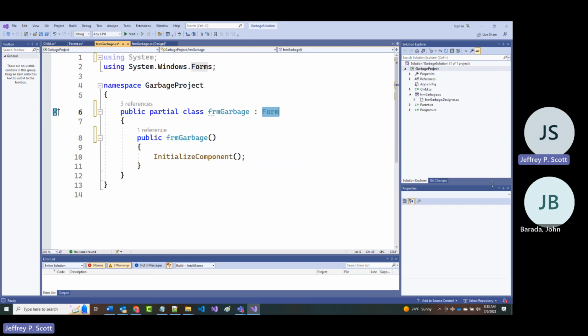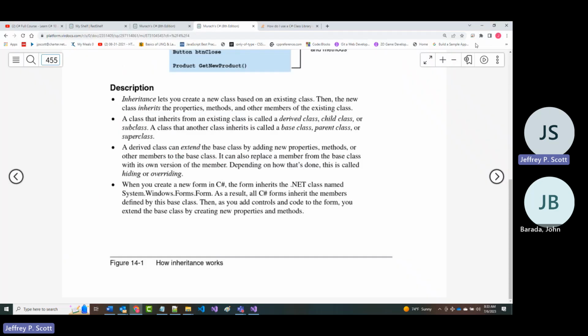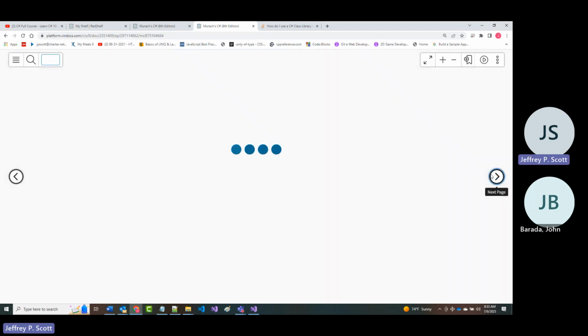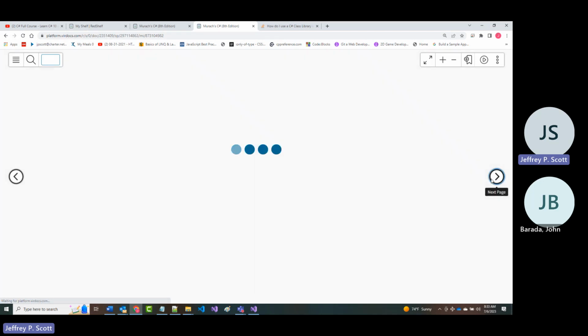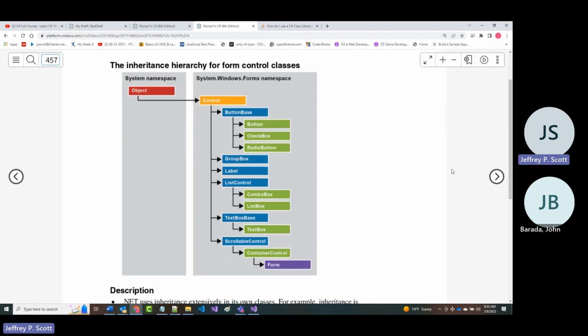And there's a bunch of stuff put in there that we now automatically get. If that still confuses you, you're going to see another example in just a second, because this is how .NET uses inheritance. I don't expect this picture to totally make sense to you, but I'm hoping after we talk about it for a few minutes, it'll at least start to make some sense.